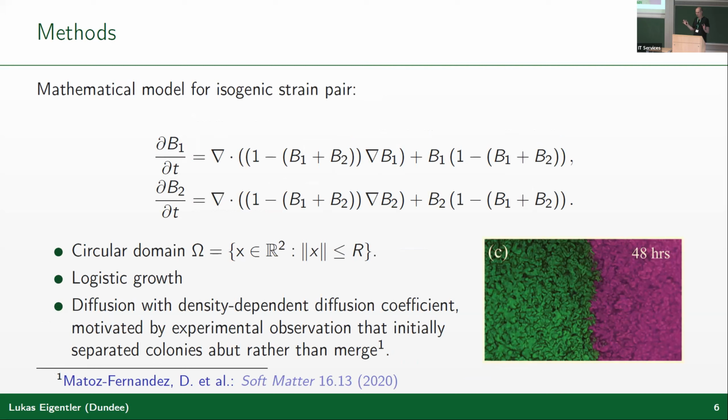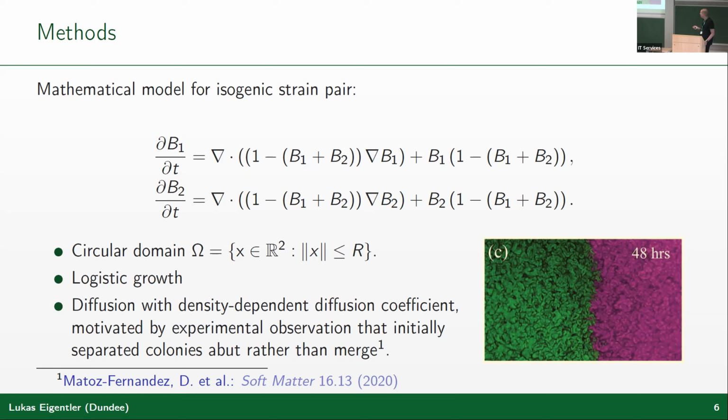model that brought down the processes of biofilm formation to really the simplest dynamics, meaning local growth and spatial spread. So essentially, we've got just two equations, one for each strain. So we just consider pairwise combinations here. And already you can see that the two equations are almost the same. This is because those two strains are really identical apart from their labeling, B1 and B2. And the only two processes that are accounted for in the model are local growth, where we chose the logistic growth term, and diffusion.